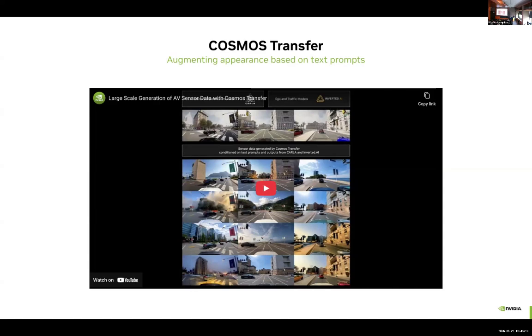And does it, suppose, add dynamic objects like a pedestrian or something like that? Dynamic objects like pedestrians and animals inside the scene? Okay. That would probably